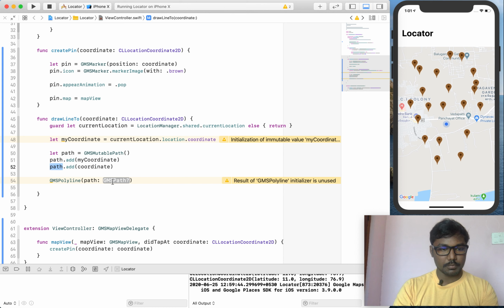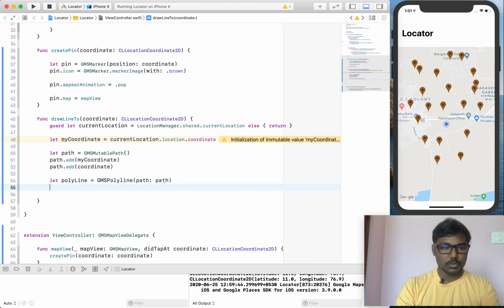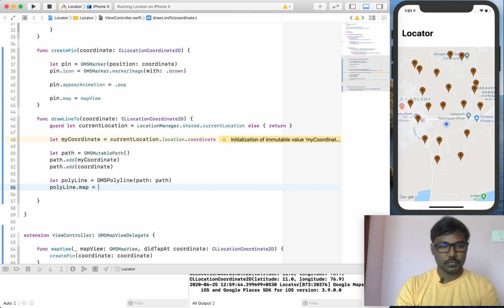Now I am setting the path like this. Then this polyline. Now I am setting the polyline to my map. So mapView, likewise I implemented.